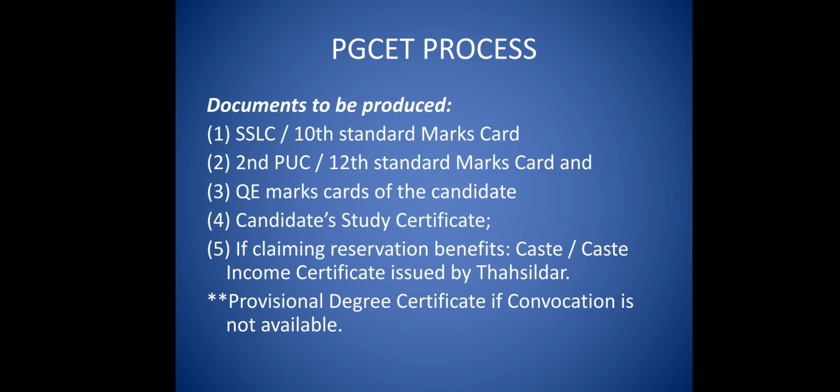So if it is only one school from 1st to 10th, you have to go to only one school. If you have studied, for example, first standard to 7th standard in one school and high school in another school, then you have to take 2 study certificates. From first standard to 7th standard, one study certificate, then again 8th, 9th, 10th, one study certificate. So from 2 different schools means 2 different study certificates you have to take, get the signature from the HM, and go to the BEO office, take both study certificates, and get the signature from the BEO office also. That is very, very important.